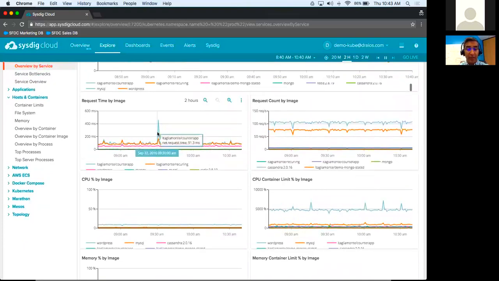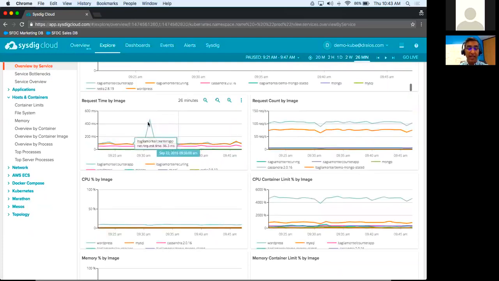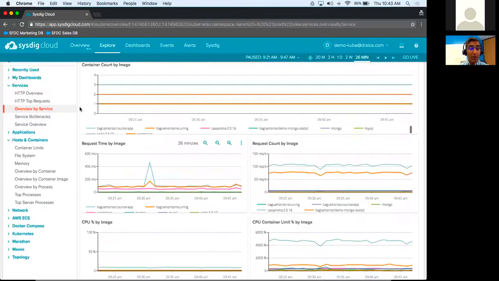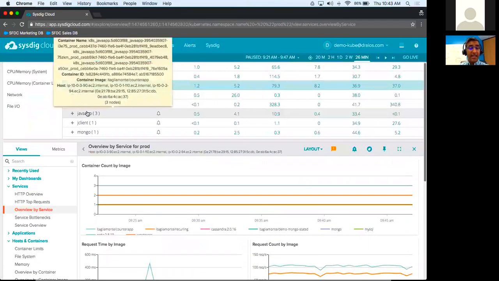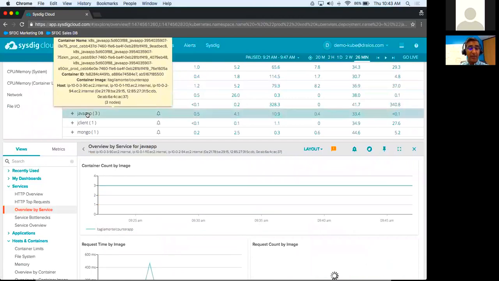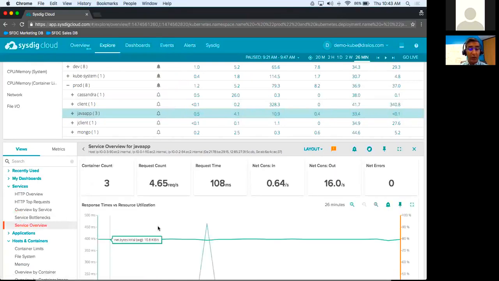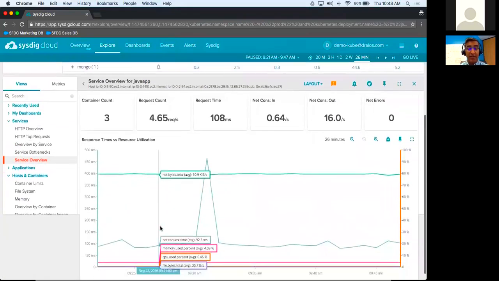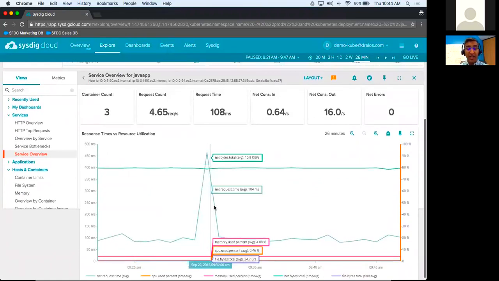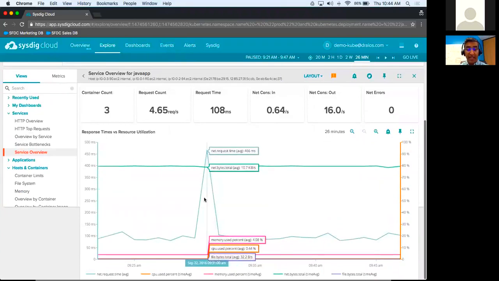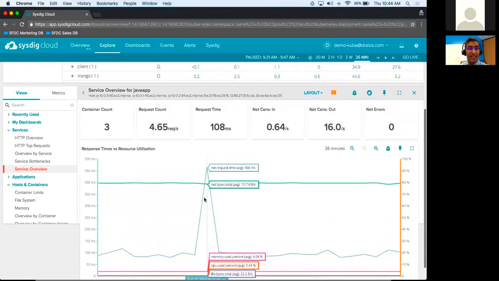You can see in this count, like this one, we've got a container that has a huge spike in request time. So we may want to drill in closer. If I zoom this, I can get a little bit better view, and I may want to go do some work to figure out, well, why did this thing spike, and should I be concerned about it? All right, so let's drill in further, and let's say that I was interested in looking at this Java app. Now what I want to do is look at a service overview so I can look at the particular elements of this service. And again, these are high-level metrics that are relevant to this particular service. Again, here I see this interesting spike. So I may want to dig in further.